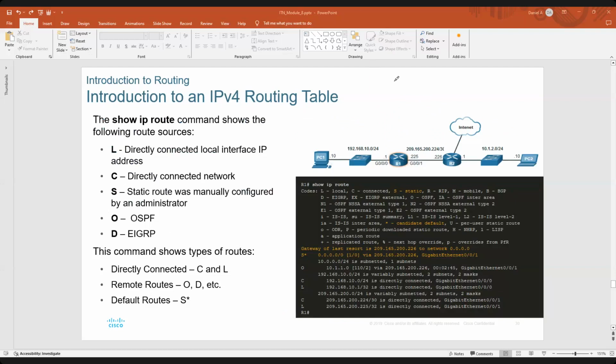ሶ አይፒ ራውቲንግ ቴብል ምን አለን ማለት ነው? ራውቲንግ ቴብል እዚህ ጋር ስታዩ ሾው አይፒ ራውት ስል አርዋር ላይ ሆኜ ኮማንድ ነው። ፕሪቪሌጅ ሞድ ላይ ሆኜ ሾው አይፒ ራውት ስል ምን ያሳየኛል? ራውቲንግ ቴብላችሁን ያሳያችሁ። ይሄ ራውቲንግ ቴብል ምን አይነት ሌብሎች ይዟል? አንደኛው ኤል የሚል አለው እና ሲ የሚል አለው። እዚህ ጋር ይታያችኋል። ይሄኛው ሲ እና ኤል ራውቲንግ ቴብል ላይ ሲ ማለት ዳይሬክትሊ ኮኔክትድ ማለት ነው።